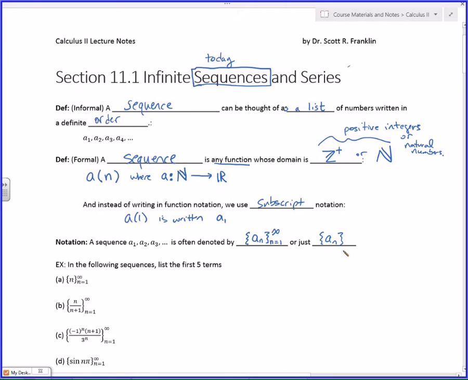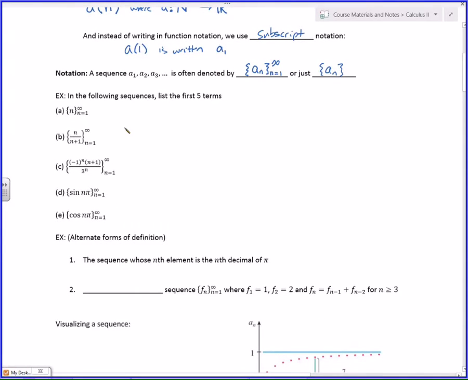So when you see something written down here like these examples, notice that what's inside is just your function definition. It's your formula, right? So in this case, writing the first 5 terms just means plug in. What's the first 5 terms of the sequence n as n goes from 1 to infinity? 1, 2, 3, 4, 5, dot, dot, dot. The first 5 terms of n over n plus 1. This means plug in n equals 1, then 2, then 3, then 4, then 5. So 1/2,